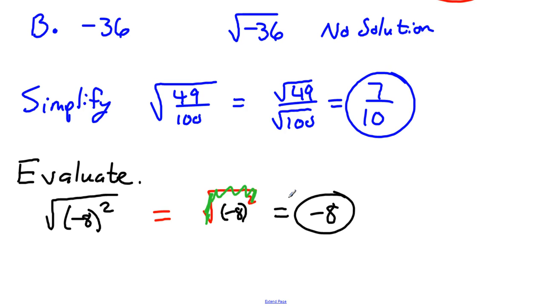Now, again, you may be saying, well, I thought earlier you said that we're not going to have negatives with the numbers. We're not, but this is one of those that if you actually spread this out, it would be negative 8 times negative 8. It would be a positive 64. And if you square rooted 64, it would be 8. So for that one, they're